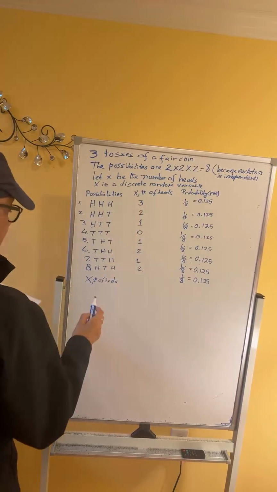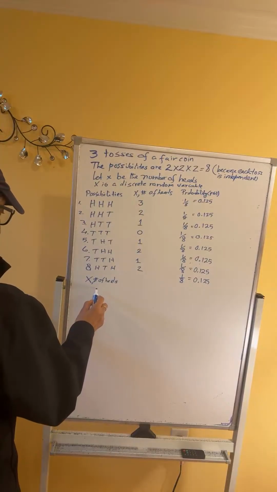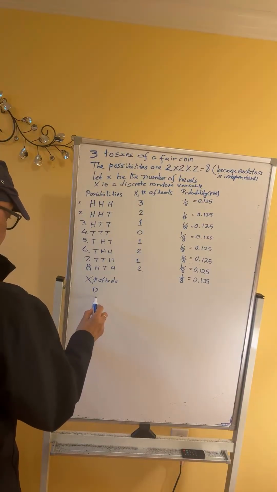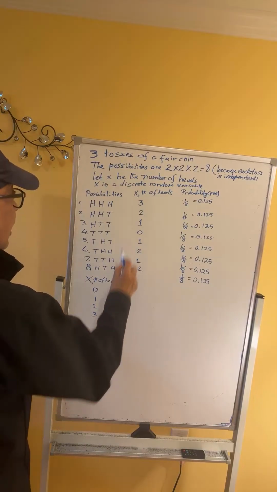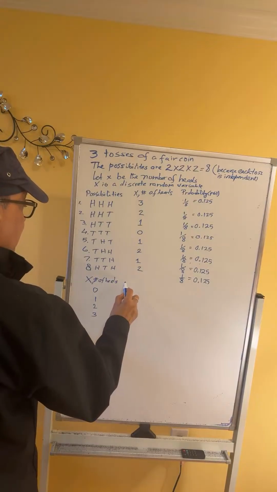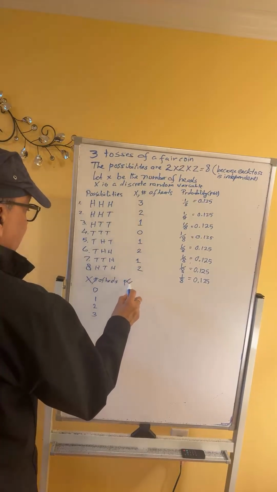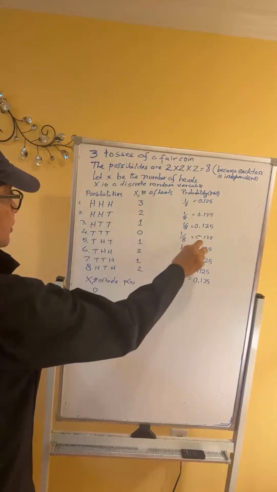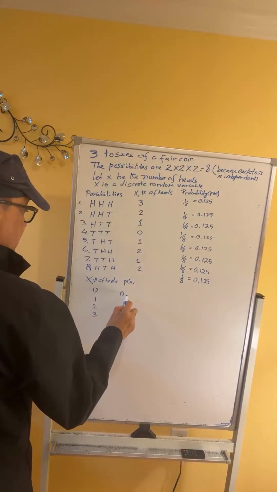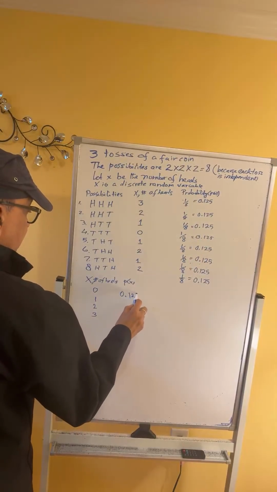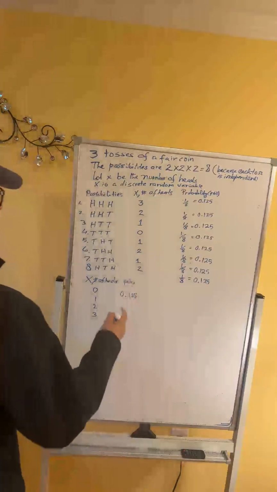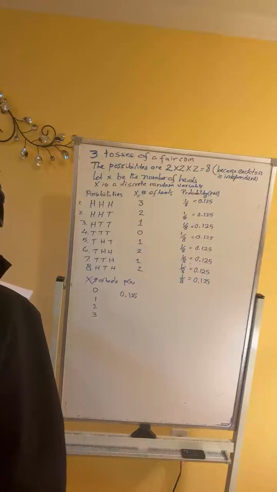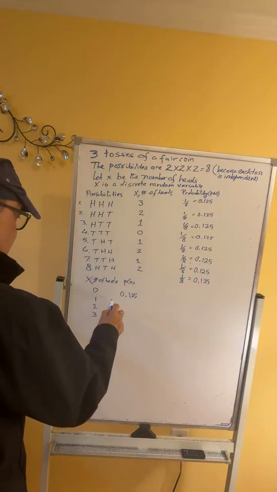And there are only four possibilities: 0, 1, 2, and 3. And we list the corresponding probabilities, P of x. 0 appears only one time, so it is 0.125. Okay? Then 1 appears 3 times, so 3 out of 8